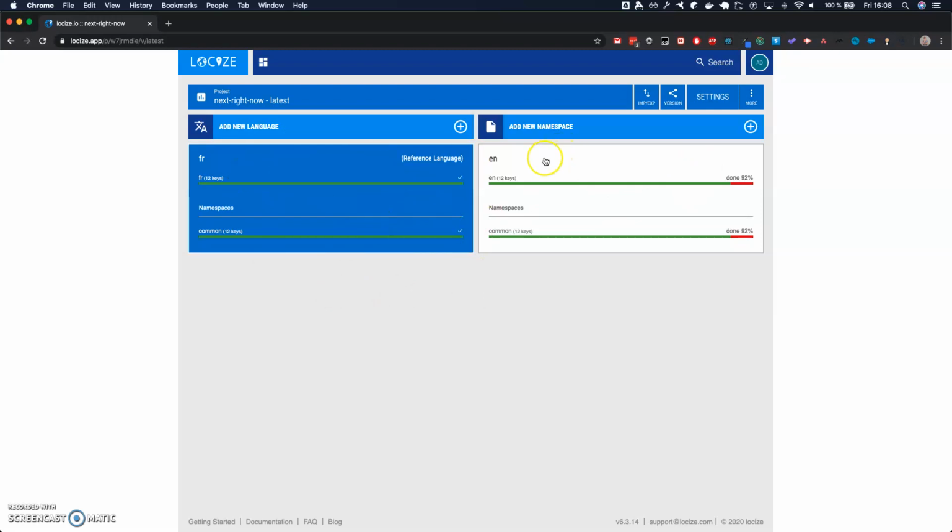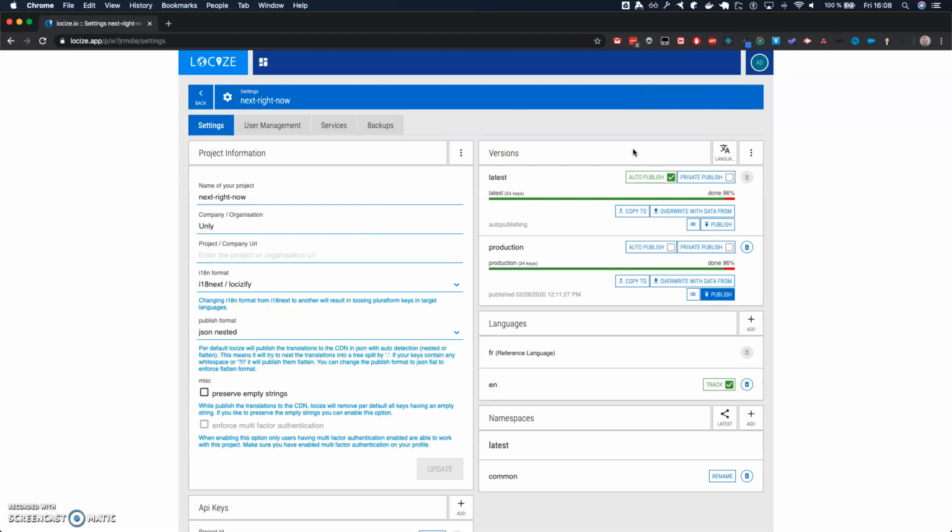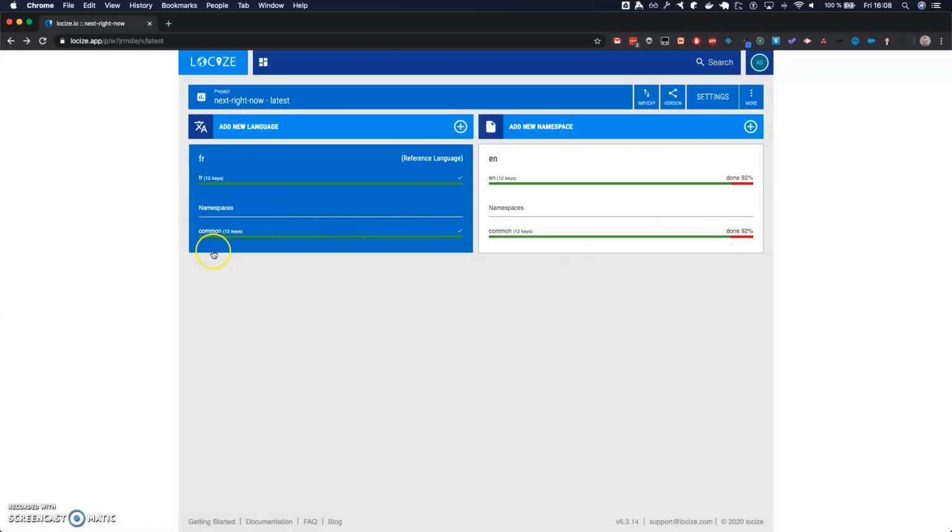We have French and English, and if we go to the settings, or first before the settings, we have also a namespace. So the namespace we use is a common one. By default, I believe they use a namespace that is called latest. I deleted it and I created my own common,